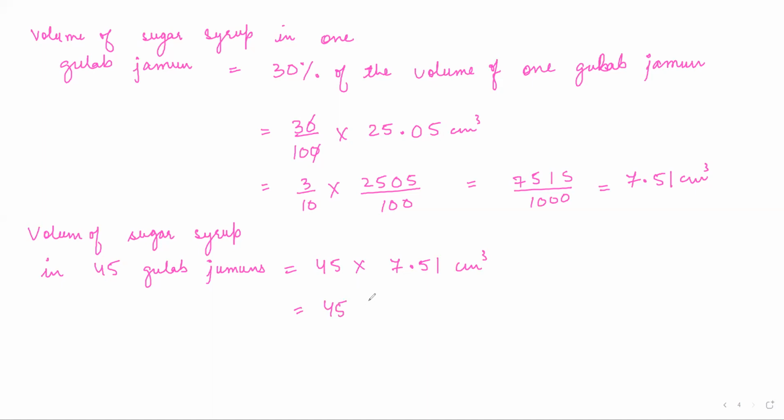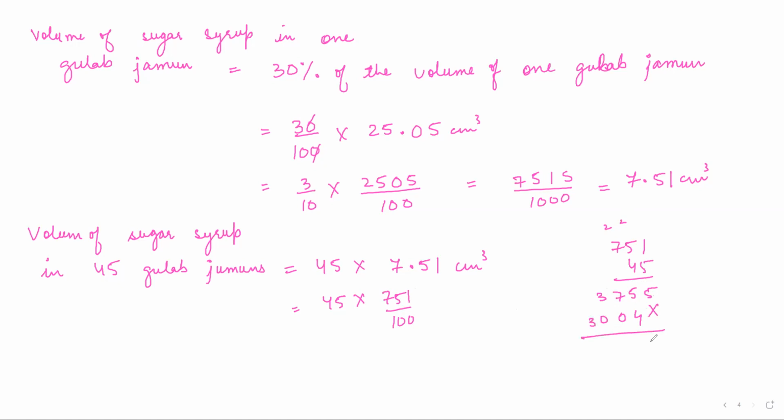In decimals, like you can do direct multiplication also, or you can first remove the decimal, then multiply. The same thing you will get, no issue. So 45 into like 751 divided by 100, and later on you can put 2 decimals. So 751 into 45, 5 into 1, 5. 5 into 7 is 35, and then 37. 4 into 5 is 20, carry 2,